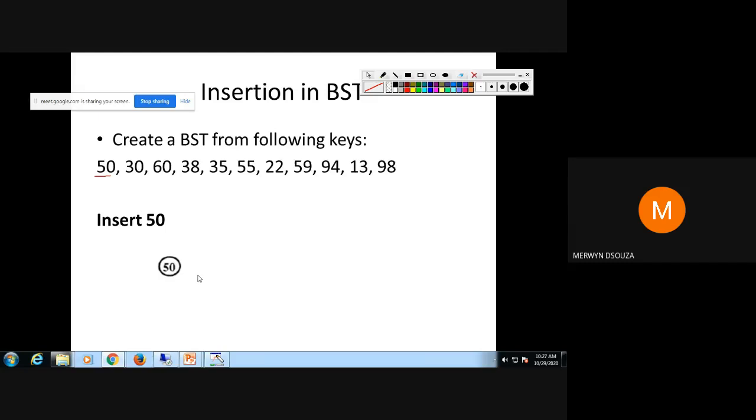Now, when you go to insert the next value, the second value is 30. When you're inserting 30, you compare 30 with the value of the root node. If 30 is less than the value of the node, you will insert 30 on the left side. If 30 is greater than 50, then you will insert on the right side.